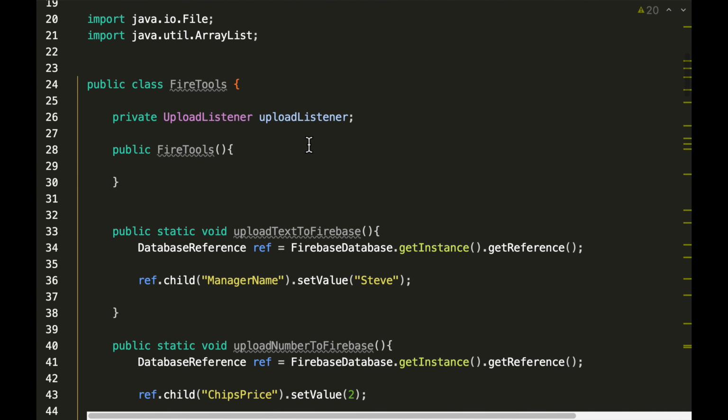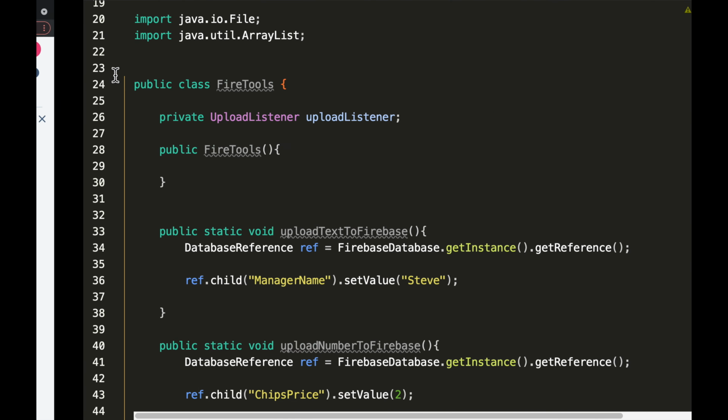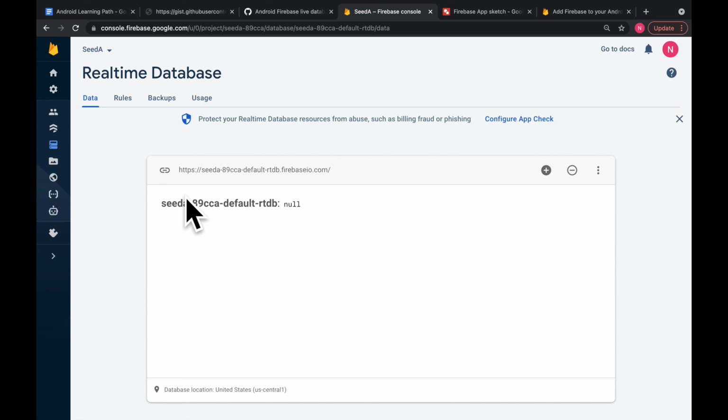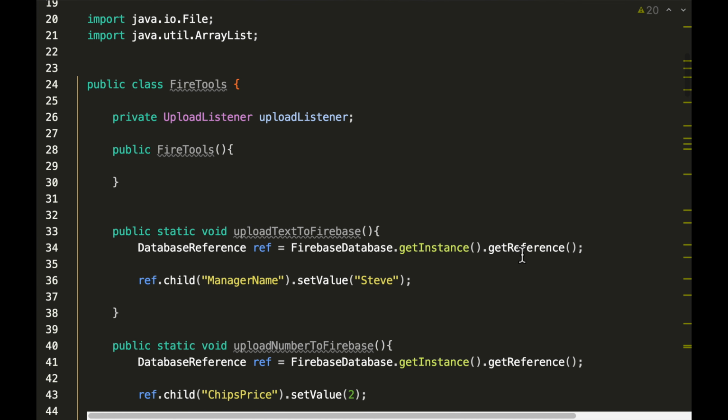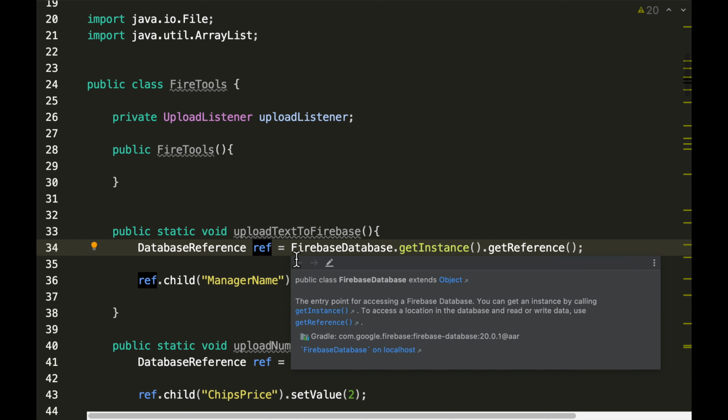So the first thing we are going to be dealing with today is the real-time database. That's where we store text, numbers, lists, and objects. Okay. So to store a text to Firebase, the first thing you want to do is to get a reference to Firebase. Pretty much get a reference to your created database, because we created one here. So Firebase automatically gets that specific reference for you using that JSON file we had added to our project earlier. So that means all you need to do really is just call this line, database reference, and initialize it with Firebase